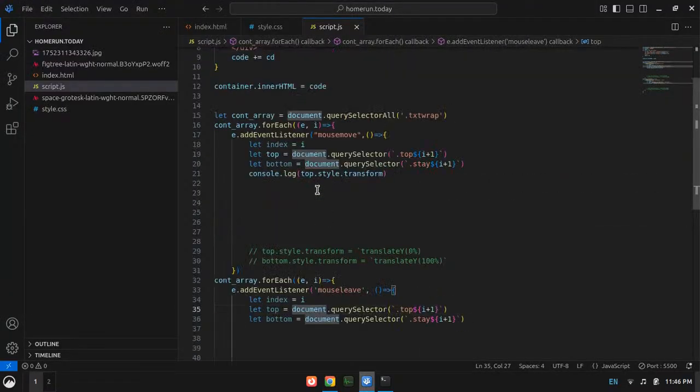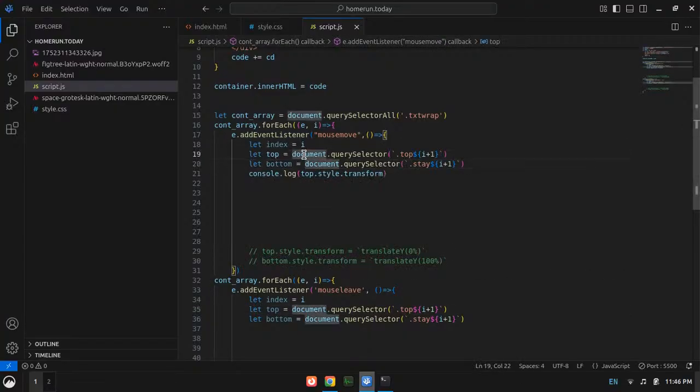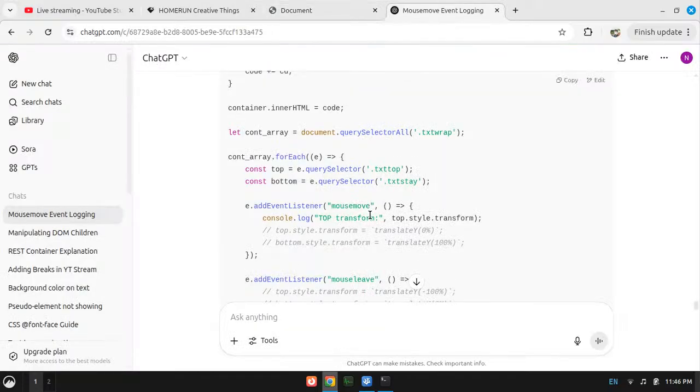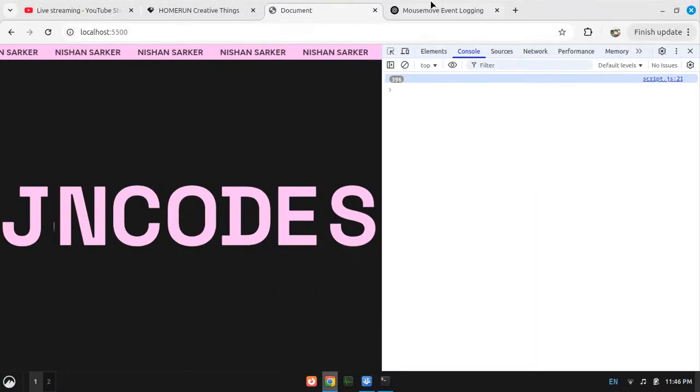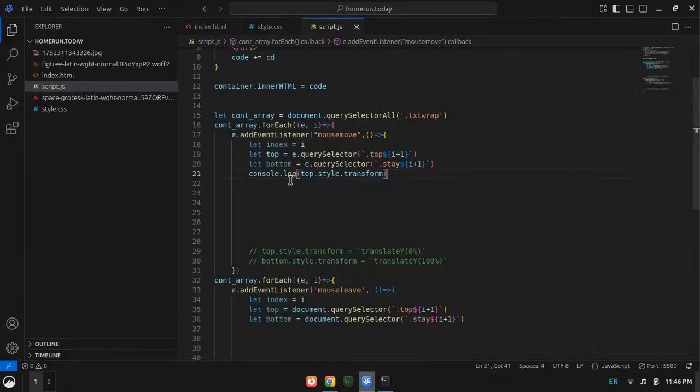Okay, ChatGPT actually suggests to swap this with E, so I will do that. Swap that with E. Okay, now does it work? I still get blank input, blank outputs. Why? Because I haven't set the styles in JavaScript. Is that why? How do I access it? Okay, just let me see.